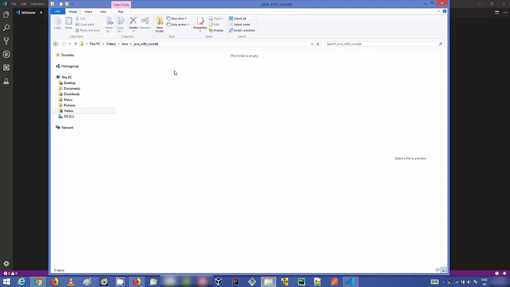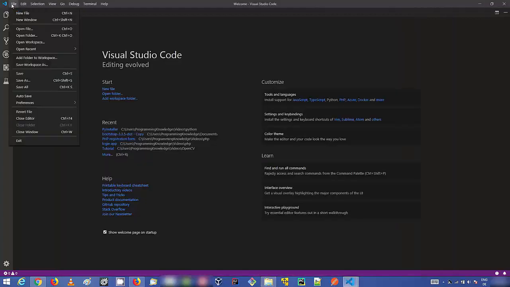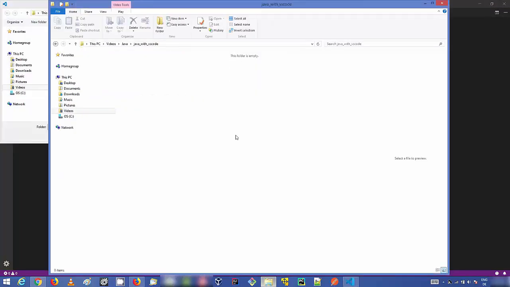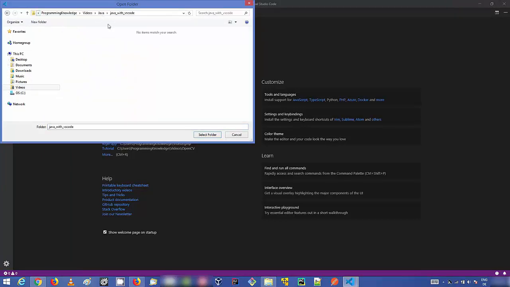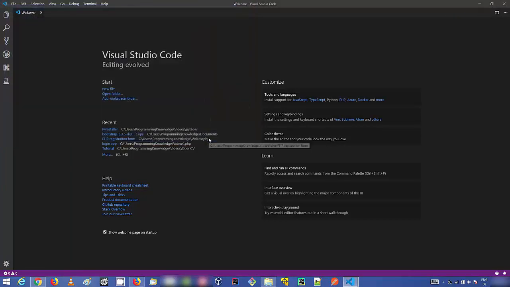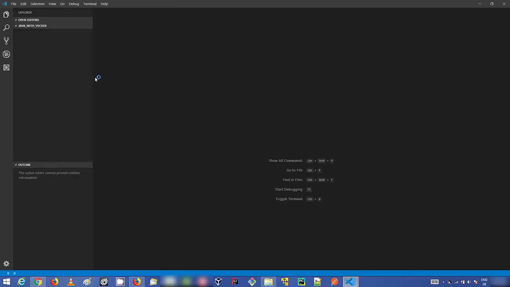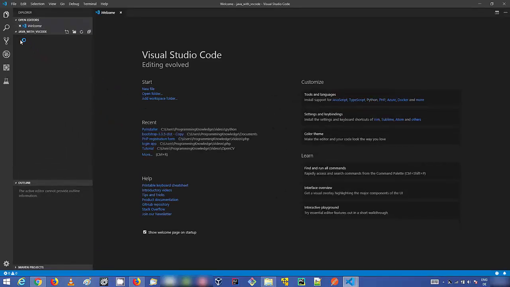So you can open this folder in Visual Studio Code by just clicking on file and then just click on open folder, and then just copy this path and paste it here, and then just click on select folder, which is going to open this folder in Visual Studio Code. So you can see this folder is open inside Visual Studio Code, which is Java with VS Code.